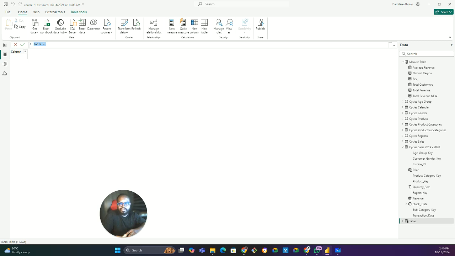Basically, what the calendar auto function does is that it scans through your data model and finds the earliest date and the latest date in your data model, and then creates a date range using that earliest and latest date. So we could just do date table equals to calendar auto, and I could just call the calendar auto function like this, and it looks through all the data I have and gets the earliest date and then the latest date, and then creates a date range for that time frame. So if I click on enter,